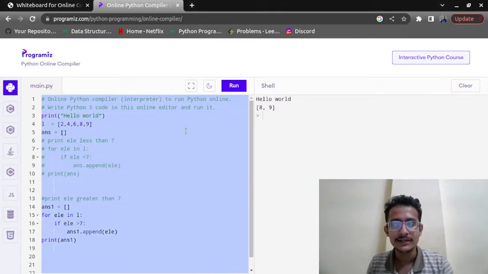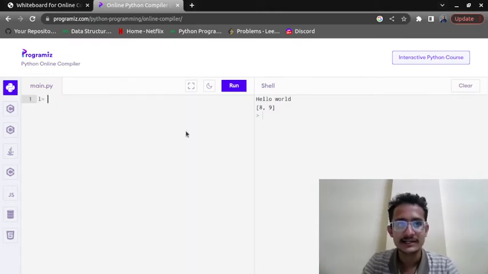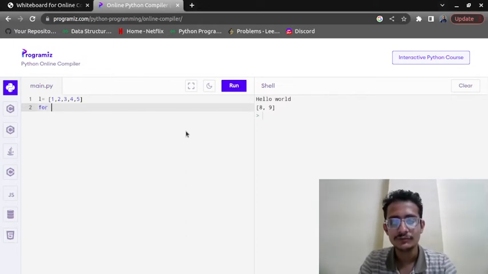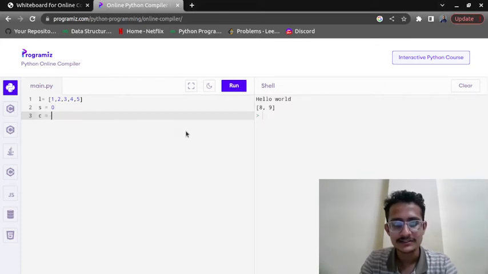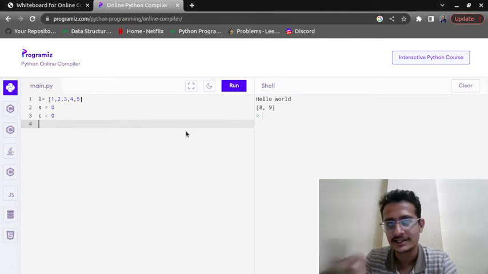Let me show you the code for this. Let's say the list contains the elements 1, 2, 3, 4, 5. What I told you is we have to traverse. First of all, sum is, let me write the short form, S is 0 and C is 0, because writing sum and count feels lazy.